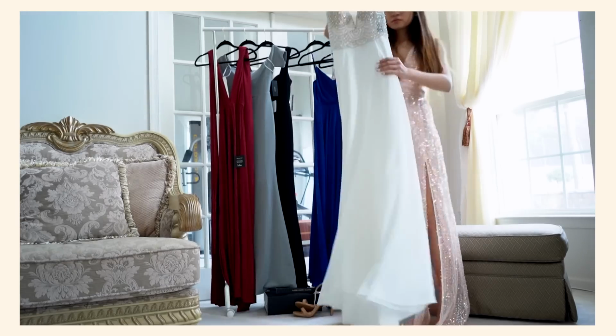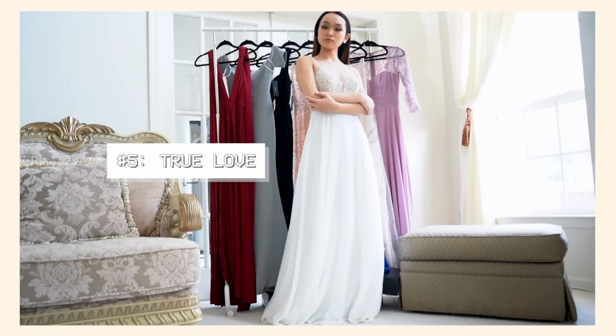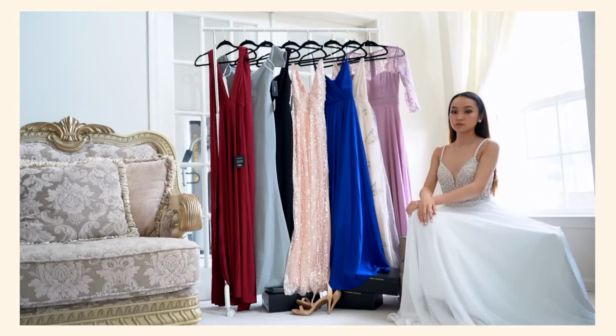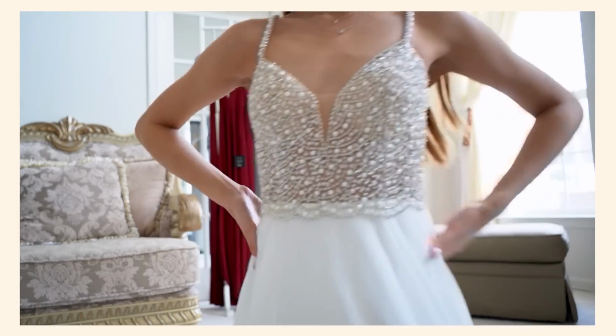The next dress here is a classic style for any prom dress. We have a beaded bodice and a very nice and long dramatic skirt. I kept on the nude heels for these dresses, and I just love how classic a white dress could be. I know it could borderline like wedding dresses, but I think this dress is simple enough to not look so wedding-esque,